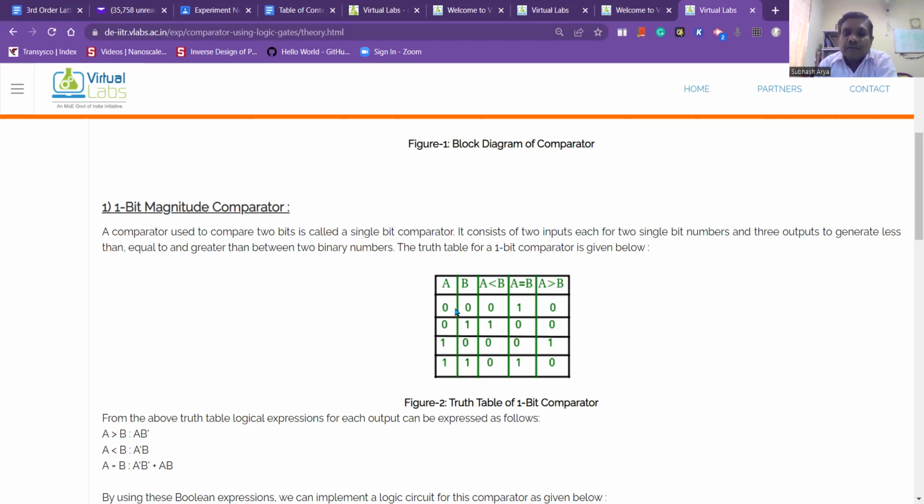As for input combinations, suppose in the first case A is 0, B is also 0. So you can see A and B both are 0, 0. It means both numbers are equal. That is why in the column where A is equal to B, the output is 1. So this output is 1 here. Then 0, 1, it means A is 0, B is 1. In that case, B is greater than A. That is why the column A less than B is